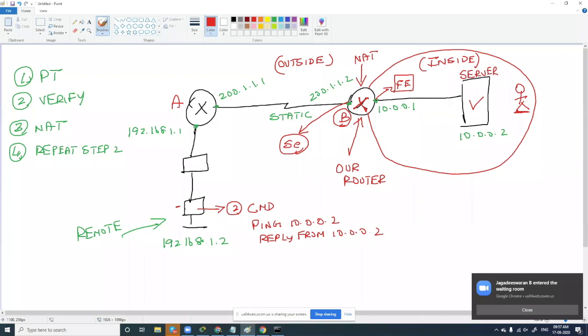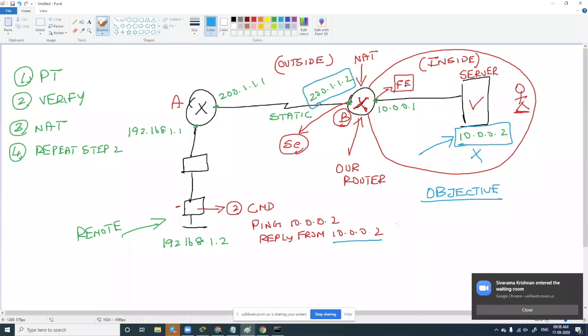And before going to the configuration, what is our objective? That needs to be discussed. What do you want to do by configuring NAT? First thing, you don't want anyone to know this IP address. This IP address has to be hidden. Yes, that is point number 1. And if someone is trying to ping 10.0.0.2, the reply should not go from 10.0.0.2. Right? Instead, there should be some other IP address which should respond back. So we'll take this IP address. Fine.